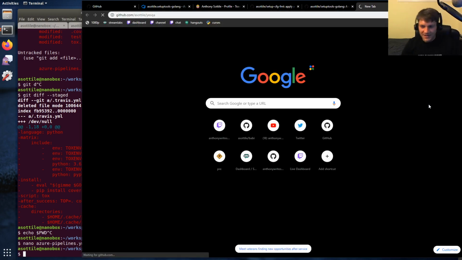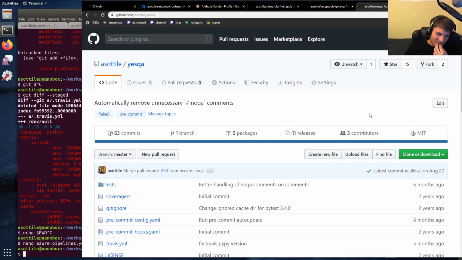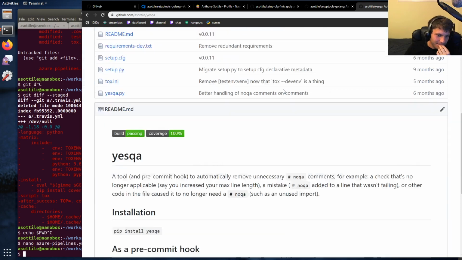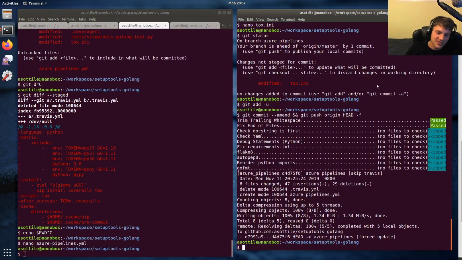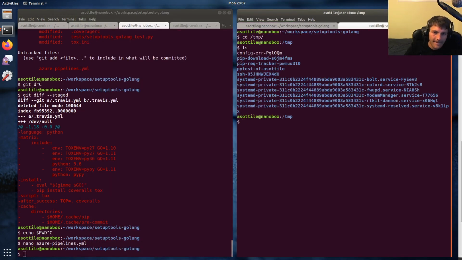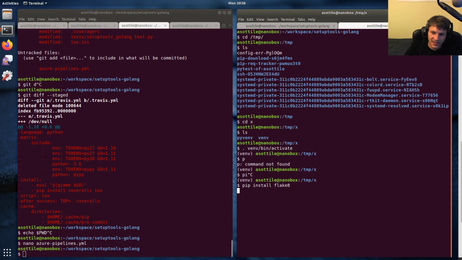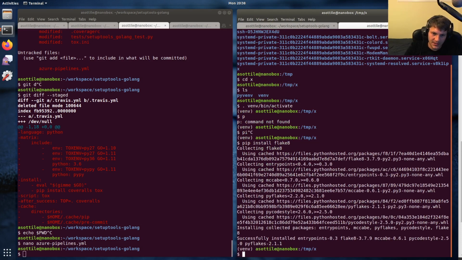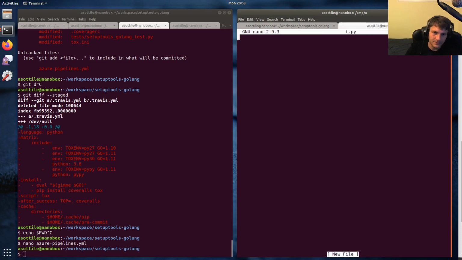A project called YesQA, which is actually kind of a cool project. So let me show you the problem space first. Pip install Flake8. So Flake8 is a linter that is very popular in Python. And if you have things like unused imports,